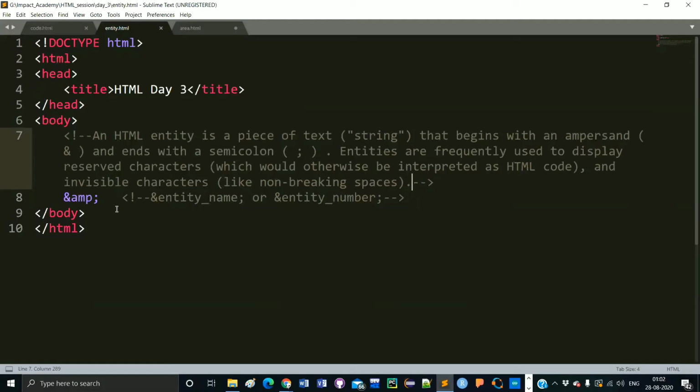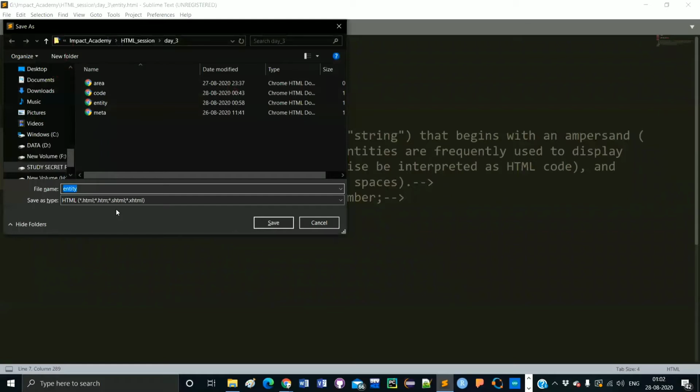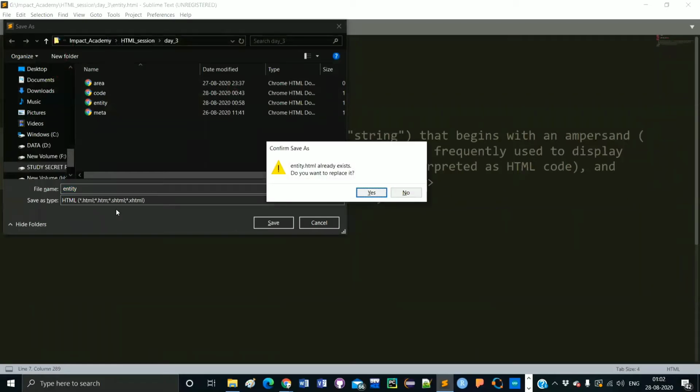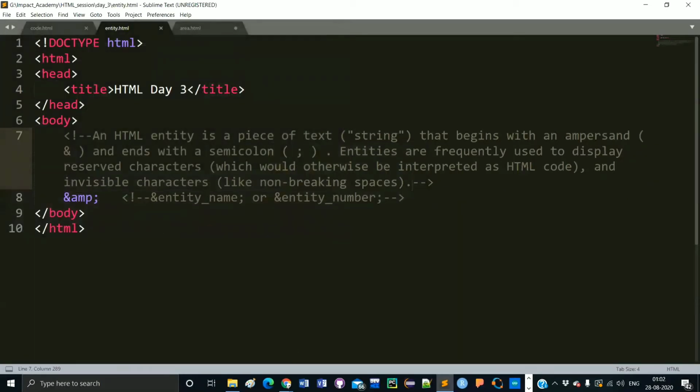I am going to run this code, then you can understand it properly. You can see when I run this code, it gives me the ampersand symbol. It is a reserved character in HTML, and when I use that entity name as an HTML entity, it gives me an ampersand.